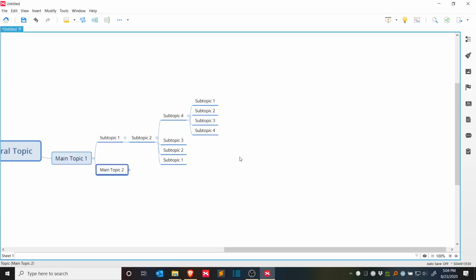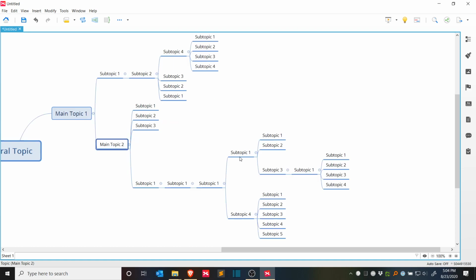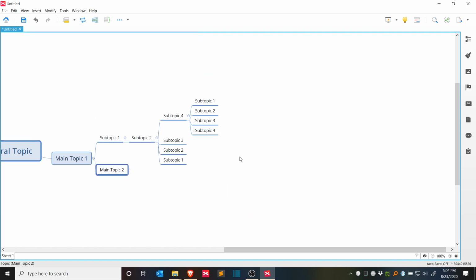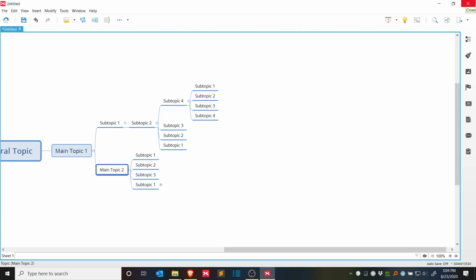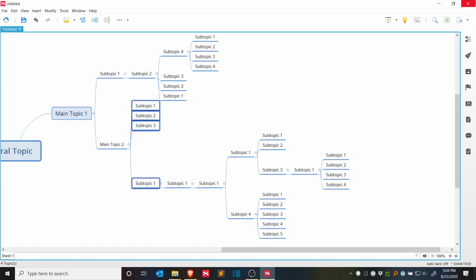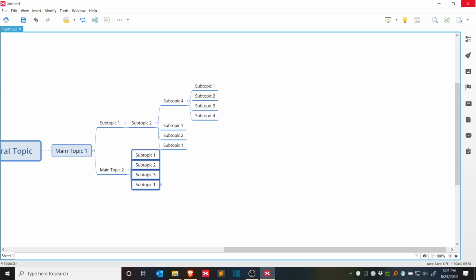Divide, that collapsed everything. Asterisk expanded everything. And if I collapse everything and hit the plus sign, it expanded one level. And if I select everything here and hit the asterisk, that will expand everything from that point on, or collapse everything with the divide. So you can see that this combination of keys, which is,